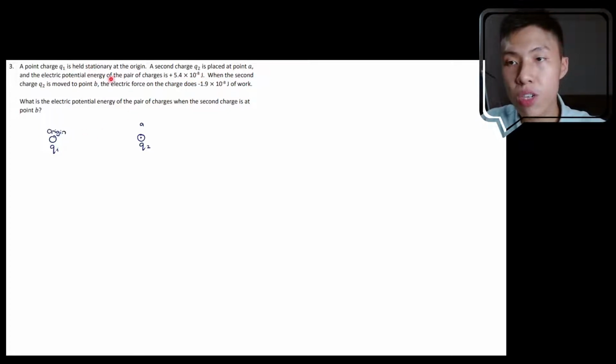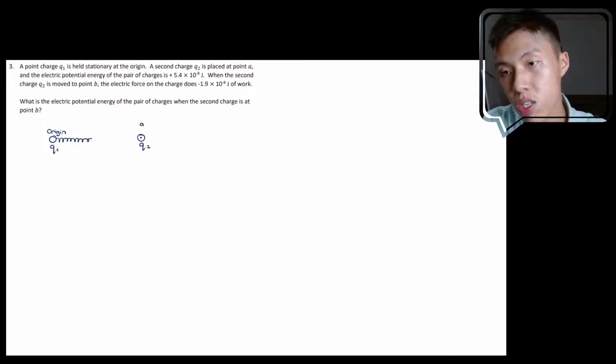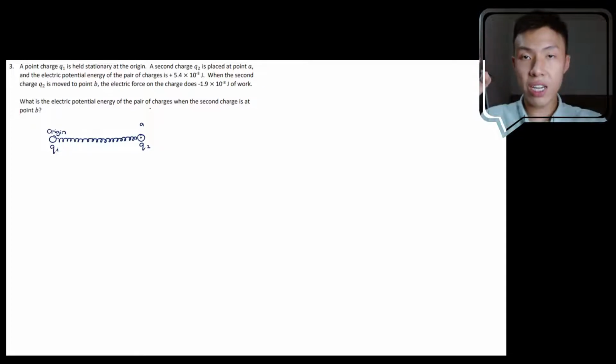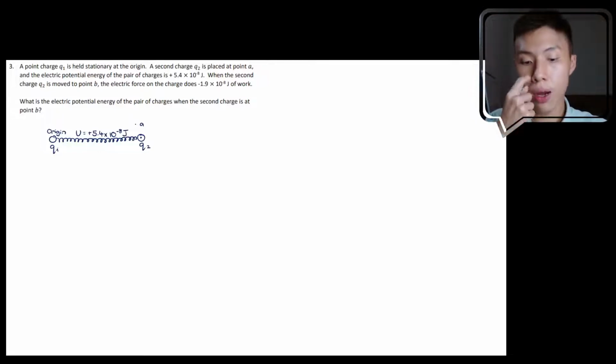So I usually represent electric potential energy as similar to elastic potential energy. So what I'll do is I will draw a spring that connects between these two charges, because that's how I visualize electric potential energy. It's like a spring between two charges. So in this case, this spring over here has potential energy, and the potential energy is U equals positive 5.4 times 10 to the power of negative 8 joule. Okay, so now when the second charge Q2 is moved to point B, the electric force does this much amount of work. So what happened here is